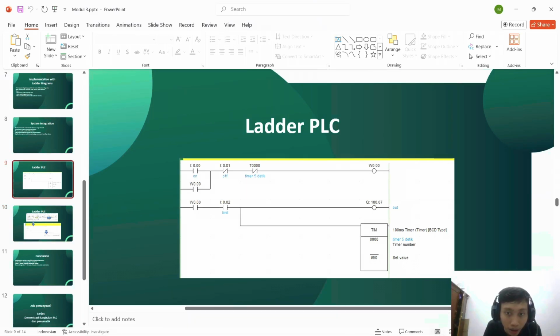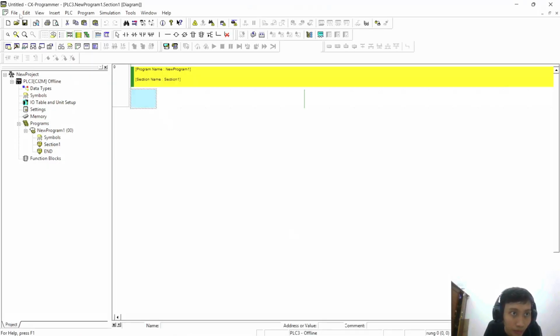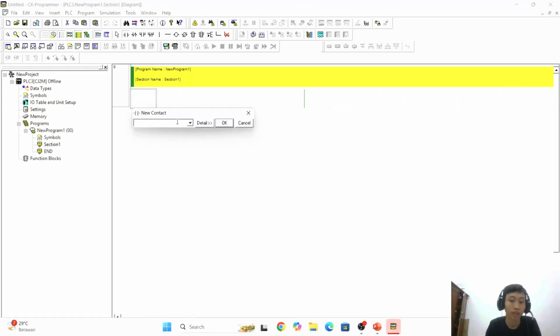First we will make the on button. Now we set the number to 0.00.